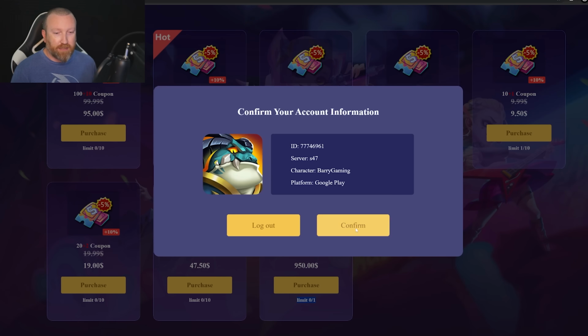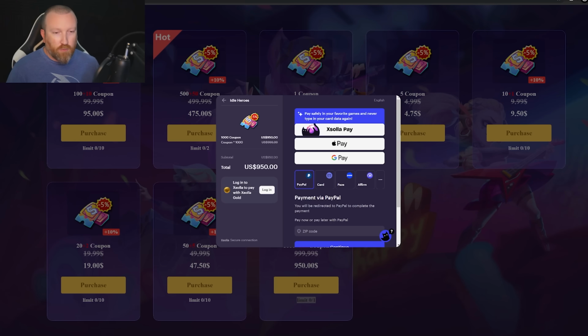And yeah, this is going to be something I'm going to show you guys that's a little crazy. Once it loads, it's going to show you a bunch of different options. It's going to show you the discount that you're getting and the total number of tickets. If you have an Xsolla Gold account, or if you used Xsolla on different games, you can, of course,